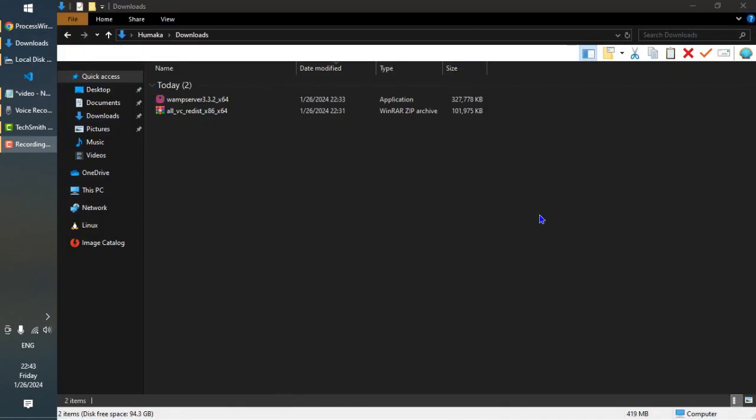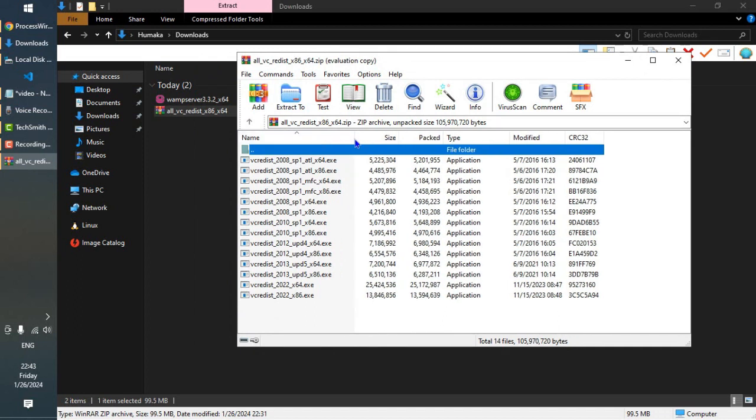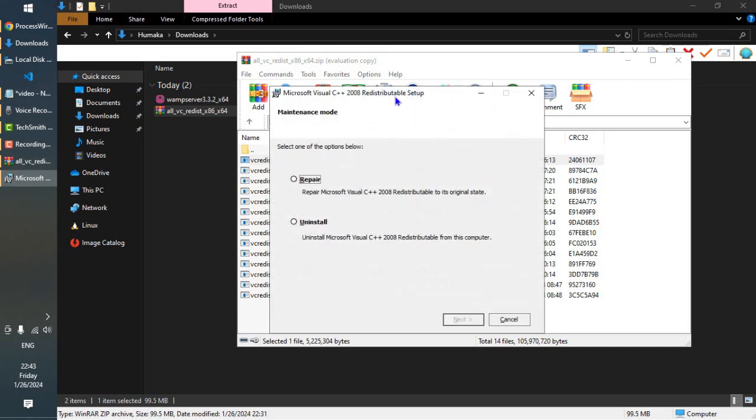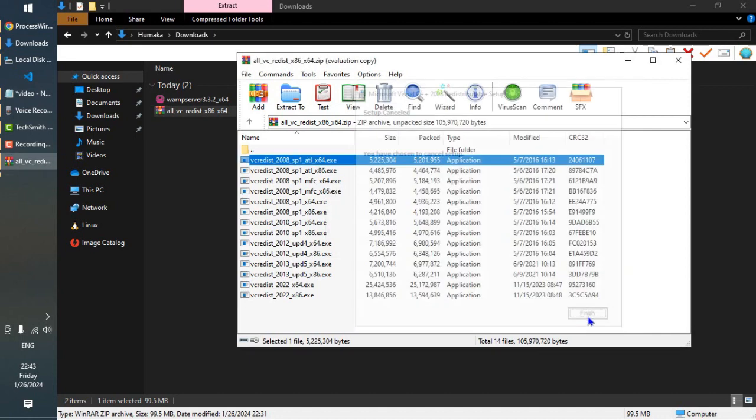Alright, so after we have downloaded the files, let's start off with installing the dependencies, which are the redistributable packages. Now we do have to install every single one of those to make WampServer work. So that means that we do have to install them one by one. Now, I actually had installed all of these packages, so that's why you see here repair on my device. But on your computer, you might see something like install or something similar. So we just install it and move on to the next one, and so on